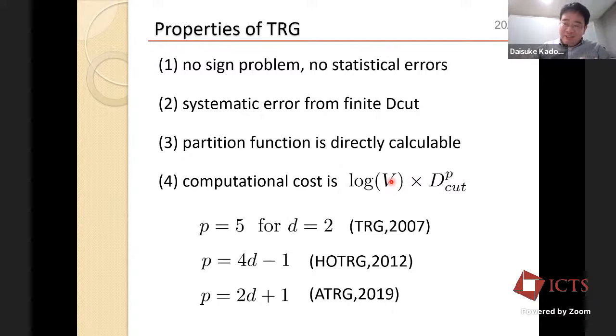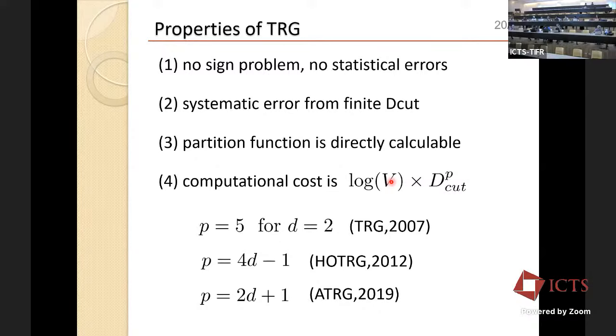So two tensors of rank 2D cost expensive, and the cost is proportional to D to the D. So how efficiently can we compute this decut value? There are some methods,